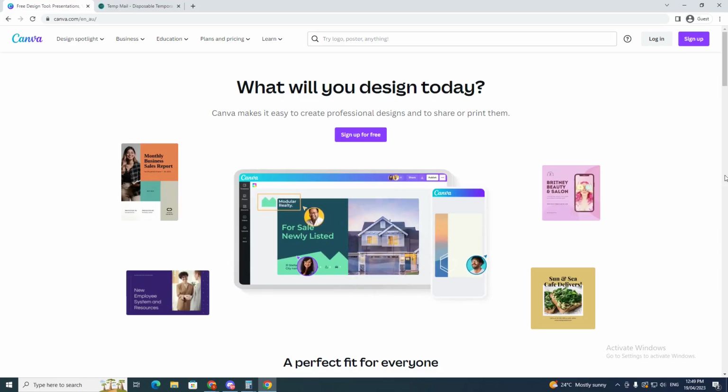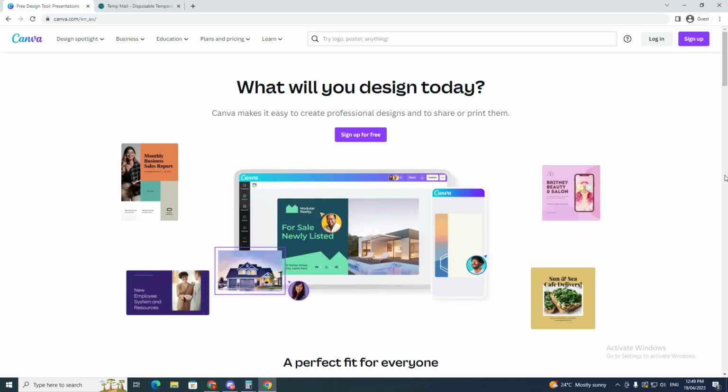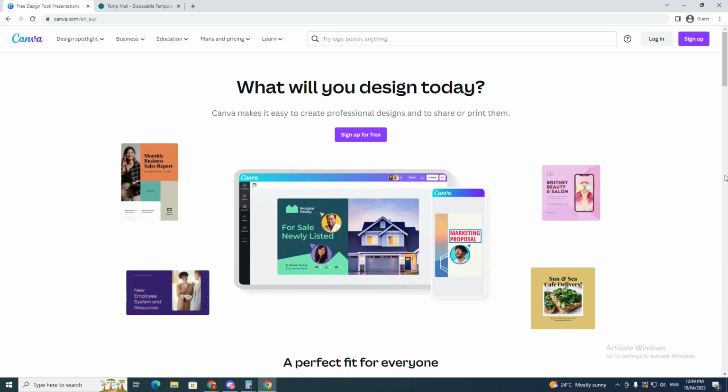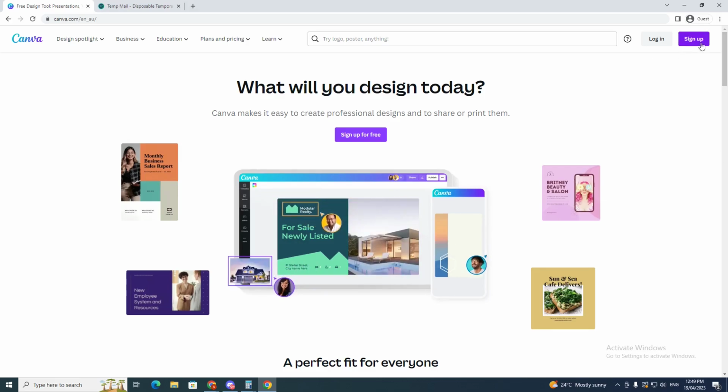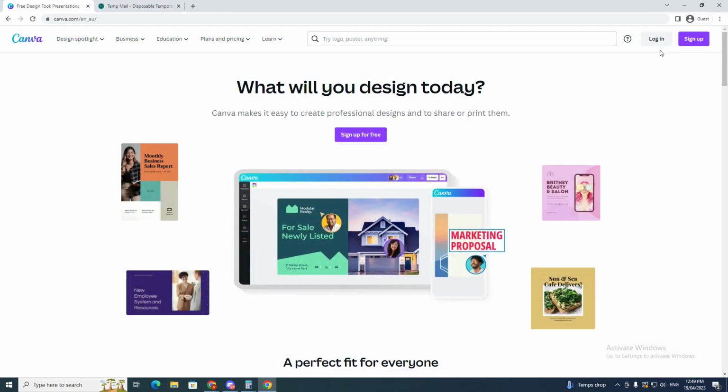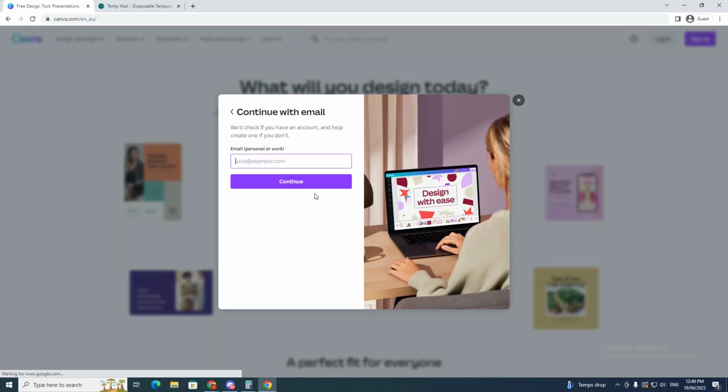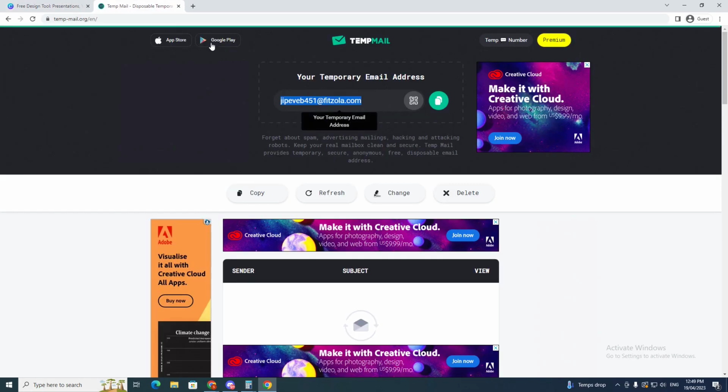In today's video I'm going to show you how you can use Canva AI for image generation. So if you have an account, log in, but if you don't, sign up. I'm going to sign up for this tutorial. Go sign up, and I'm going to continue with email. You can use your real email, but I'm going to use a temp one for this video,